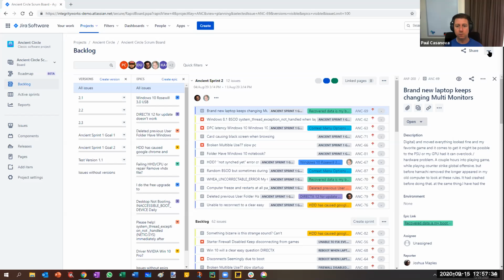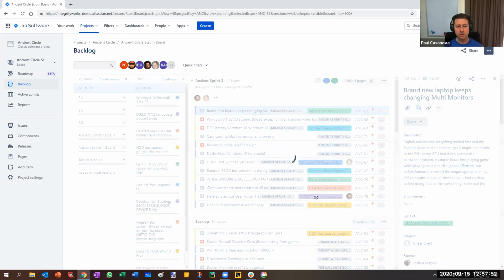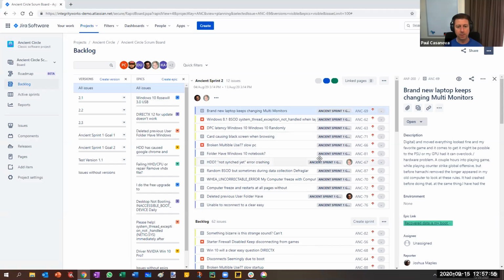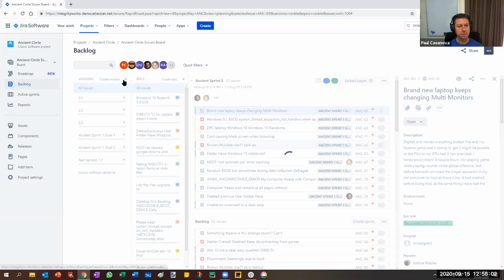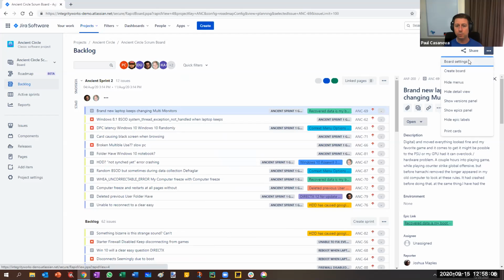Okay, top right-hand corner of the board, these three dots, there's an option here, Board Settings. The other options under here are for hiding menus, hiding the detail view, hiding the versions panel, epics panel, etc. So if I wanted to, for example, hide epic labels on a narrow screen, it just helps to declutter the backlog here. The other ones were to hide epics and versions, so you can do that by closing those. So if we go into board settings,